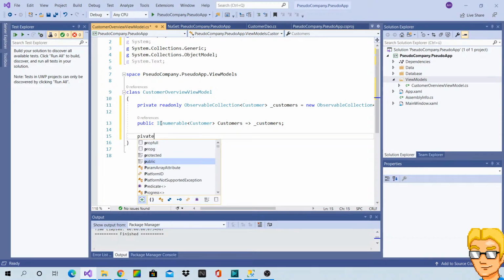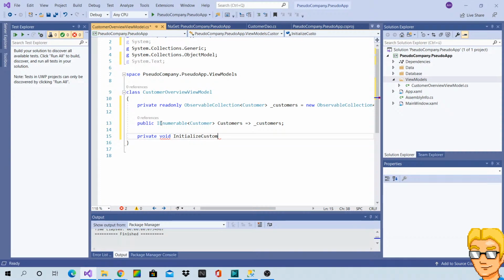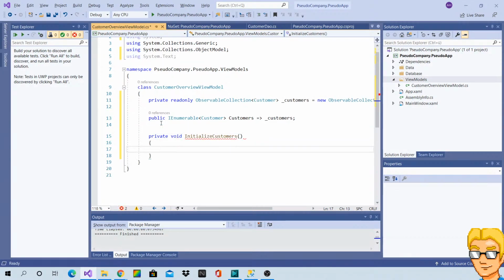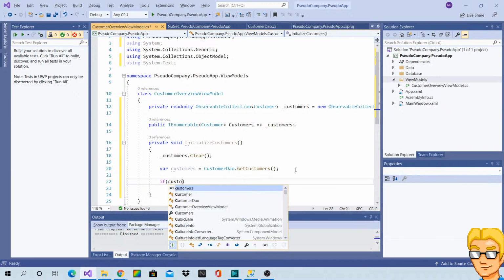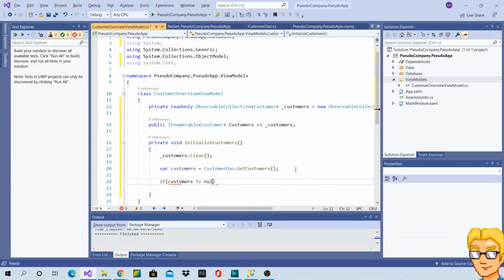Oh yeah. So clear the list. Use the customer DAO to retrieve the customers. And then add them.